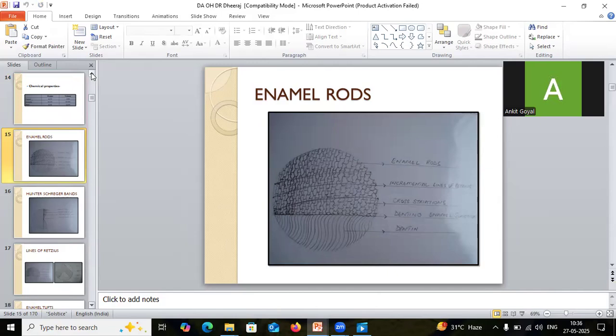The rods are roughly cylindrical in the longitudinal section with an average diameter of around 3 to 4 microns near the dentino-enamel junction, which increases gradually to the surface at a ratio of around 1:2. Okay, that was about the longitudinal section. Now coming to the transverse section of the enamel rods. The enamel rods have a keyhole shape,